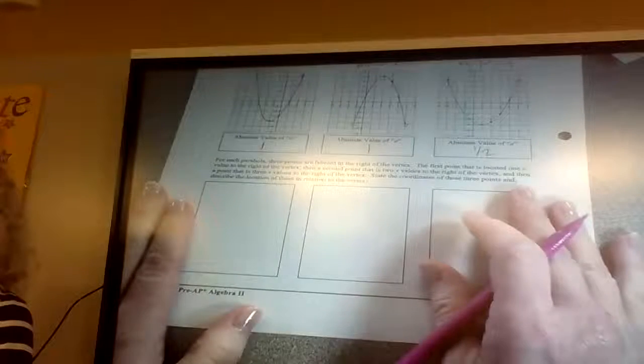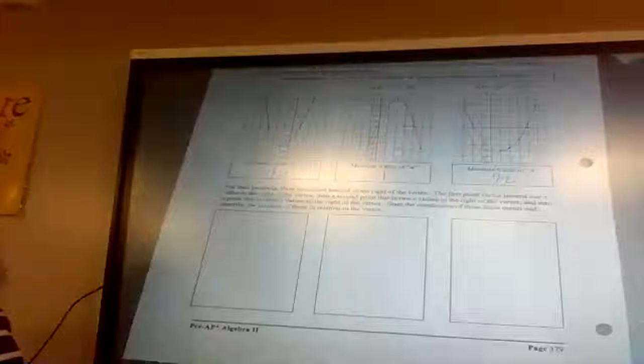Okay, now this next thing is super easy to do, but Mr. Sparks makes the directions really hard to understand. Don't list the vertex. Just list that first point. So here's the vertex. Here's the first